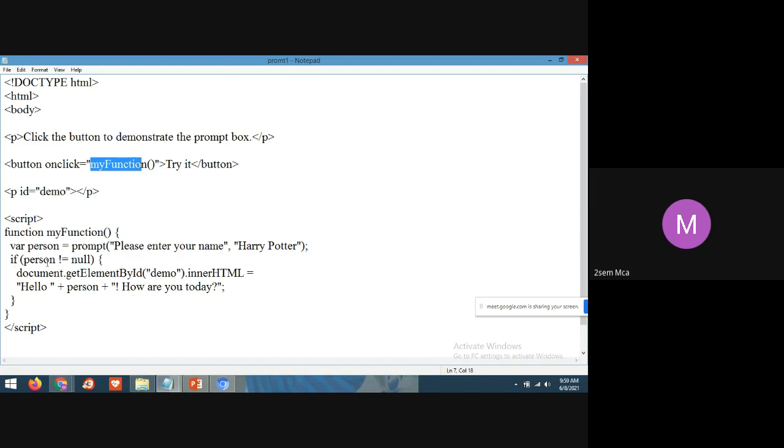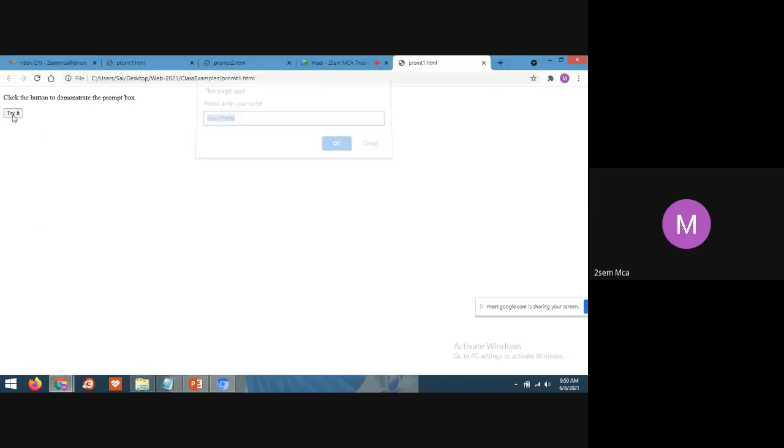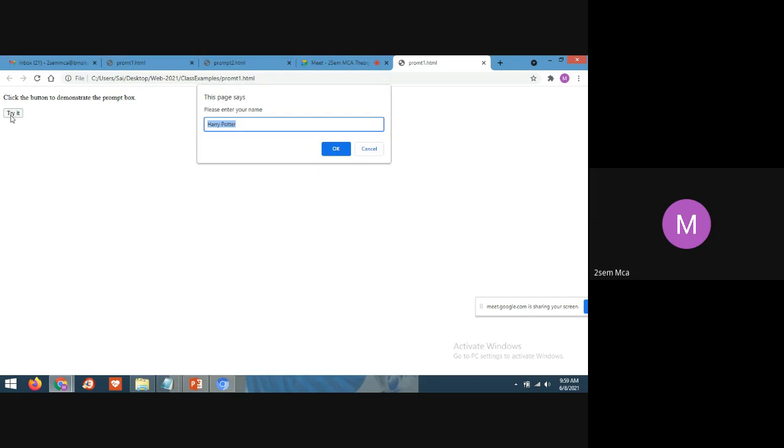Now in the if condition, if not null, yes, definitely person is not null, because in the variable person this value is assigned. So it will display this statement, hello person, where person holds Harry Potter. Hello Harry Potter, how are you? Now I'll click on the Try it button. Yes, students, Harry Potter is already displayed. But in the previous programs, we were entering the values. To generate a Fibonacci series, we entered the number. When you were executing, you entered the number.